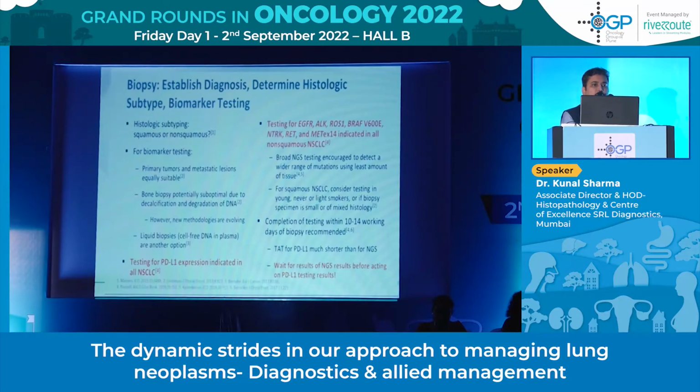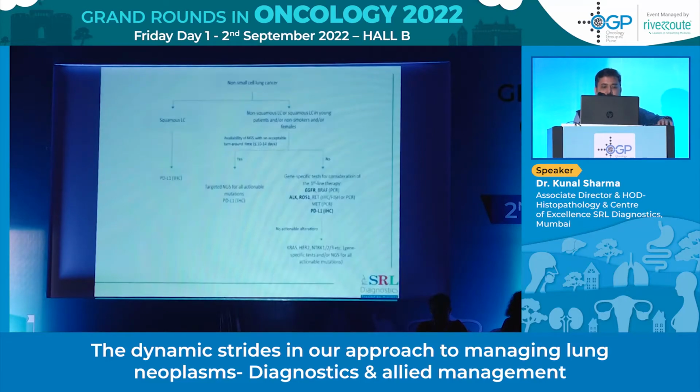So this is just, in a nutshell, from your histological testing to your molecular biomarker testing to your PDL1 testing, how we go about the management of lung cancer in the era of biomarker testing. A very important point to note from the clinical pathological perspective is, whenever you are sending a broad spectrum test for lung cancer panel, please remember your NGS report will take a while to come, but your PDL1 will be available much before. So wait for your NGS report to come before starting your immunotherapy.